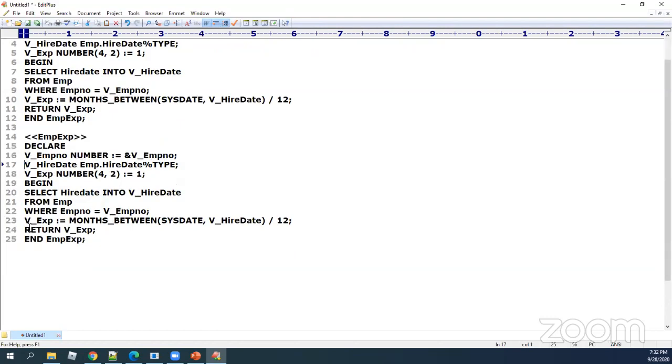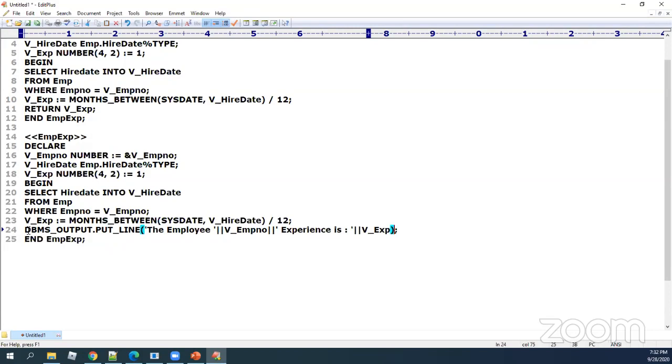Now coming into my begin, this is my return, which goes to the location where we are calling this function. Here, you just watch, I'm saying dbms_output.put_line, and then the employee v_employee_number experience is, and then we close this.